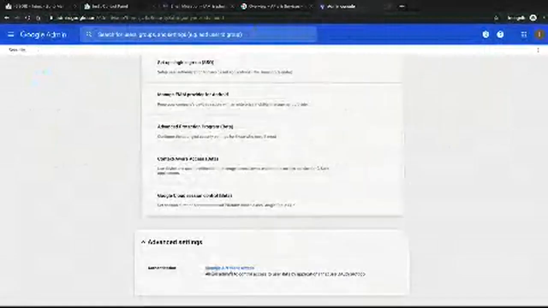So you see here that I'm going to manage client API access. You remember that I asked you to save the unique ID that was displayed on your screen. Enter that ID here in the client name field. And you will have to enter some data that is available in our help page in the one or more API scope section. You can click on this hyperlink and take a look at the help page.